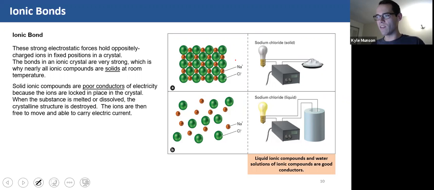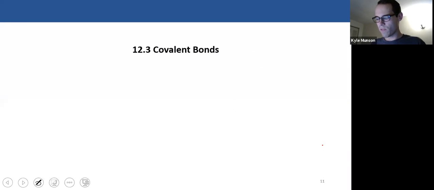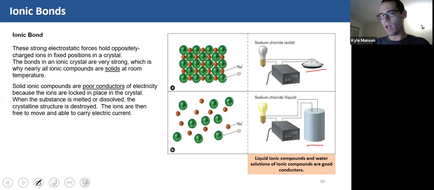And that's what we see here, illustrating a light bulb in some table salt versus a light bulb in some salt water. So liquid ionic compounds and water solutions of ionic compounds are good conductors, again, because the ions can move around. Okay, but that's just a definition of ionic bonding. They're these strong bonds that usually form solids at room temperatures. Okay, so we're going to talk about covalent bonds in a second, but just going back to ionic bonds, okay,